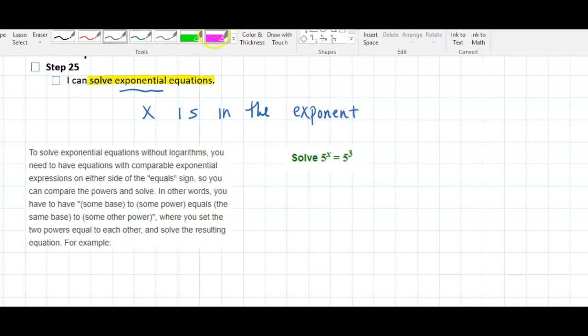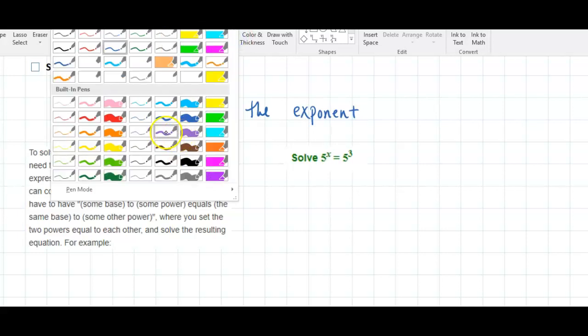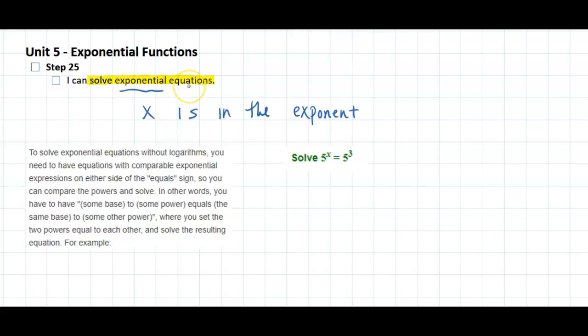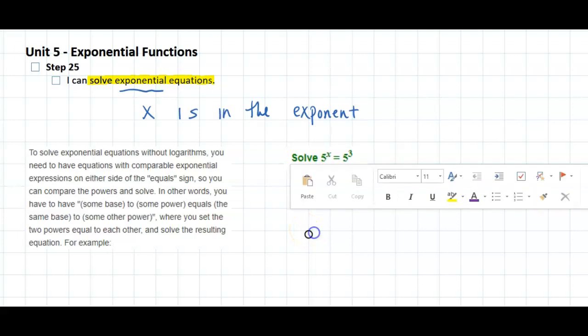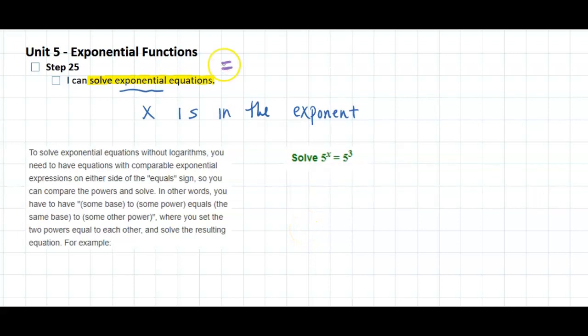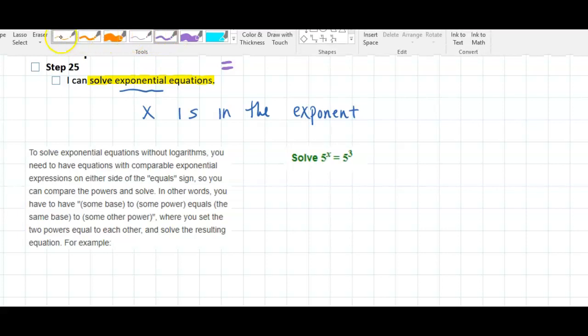The variable is in the exponent. And what makes it an equation is that there's an equal sign. So, to solve exponential equations,